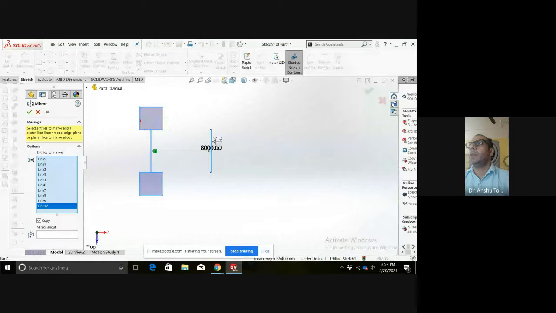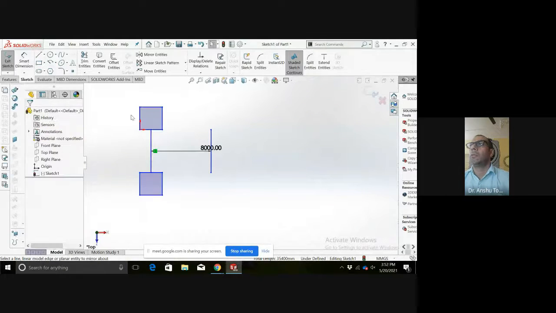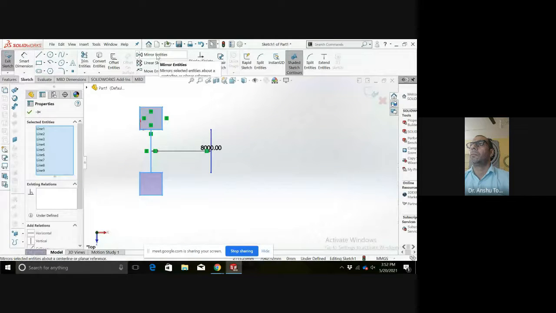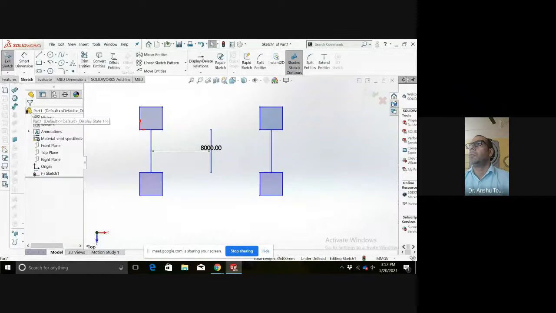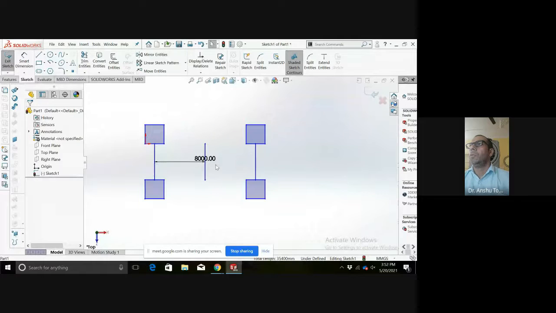Mirror entities, mirror about this. So this becomes a type of grid system for a flat slab system.